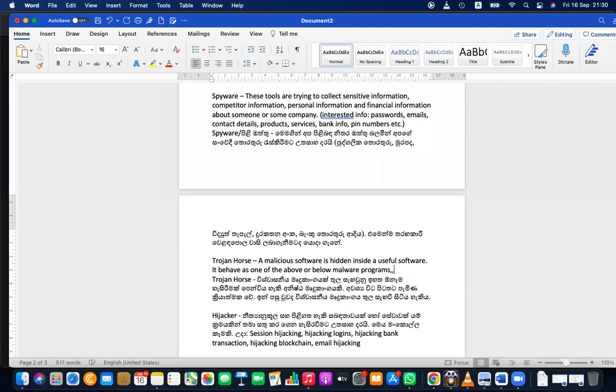We cannot say it's just for spying, just use as spyware, because the behavior we cannot predict. The behavior can be virus, behavior can be Trojan, behavior can be spyware. Mostly behavior is spyware, that is true, but it can have different behaviors too.